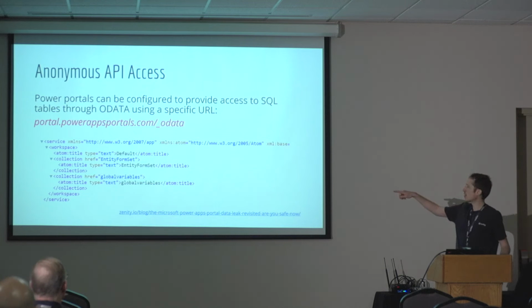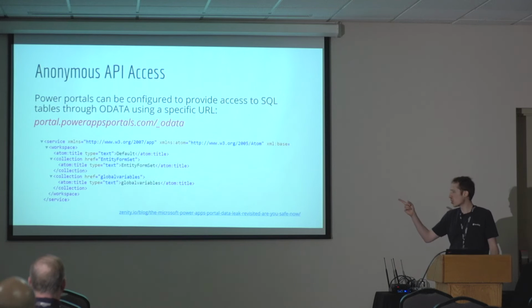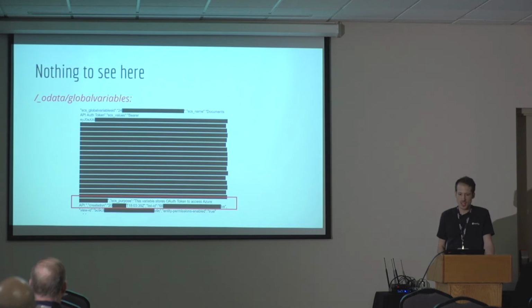And you can see that there are 3 different entities here. Default doesn't have anything really interesting. Entity forms, that is just a way to save forms. But you're also seeing the global variables entity. Interesting. Here's what the global variables entity has: hard-coded secrets to the Azure deployment for that bank. This is one example, but we found PII, we found signed contracts with customers.